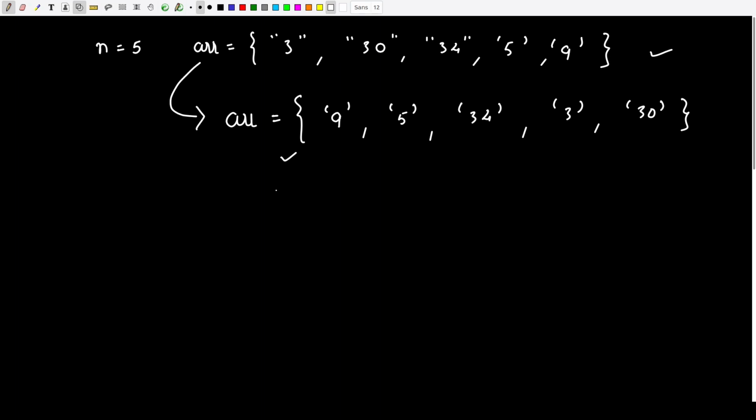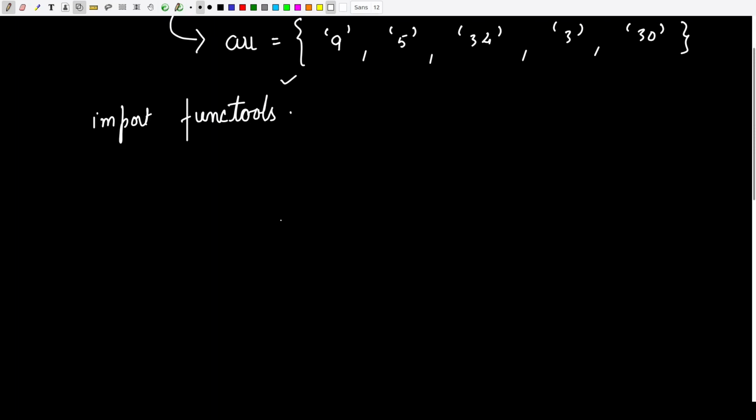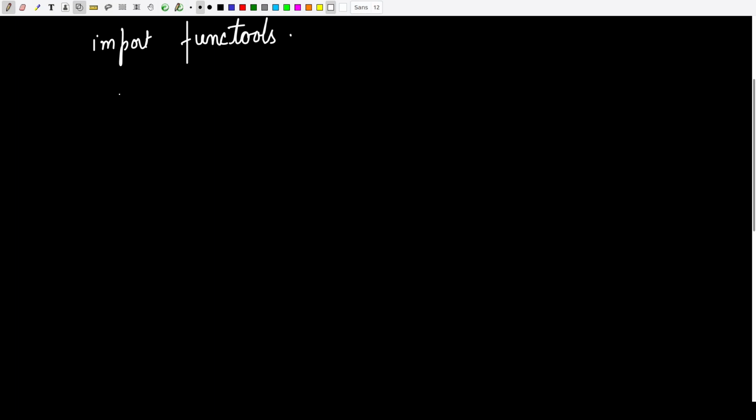In Python we have something known as functools. We will be relying on functools in order to sort the elements in the order we want. So we will have this array with us. Let us say the array is given to us as ARR, and we are going to sort it. While sorting, the way I want it to be sorted is functools dot